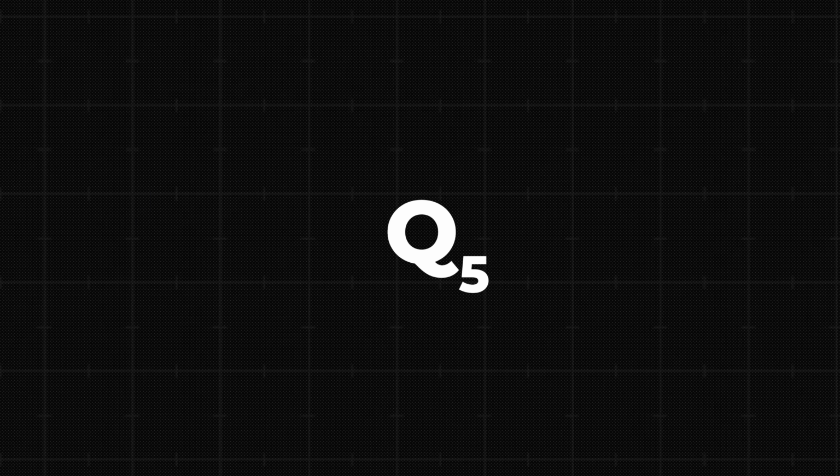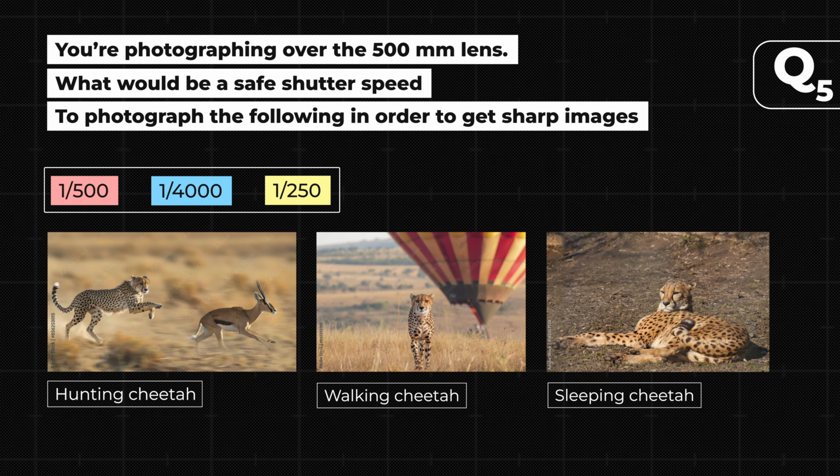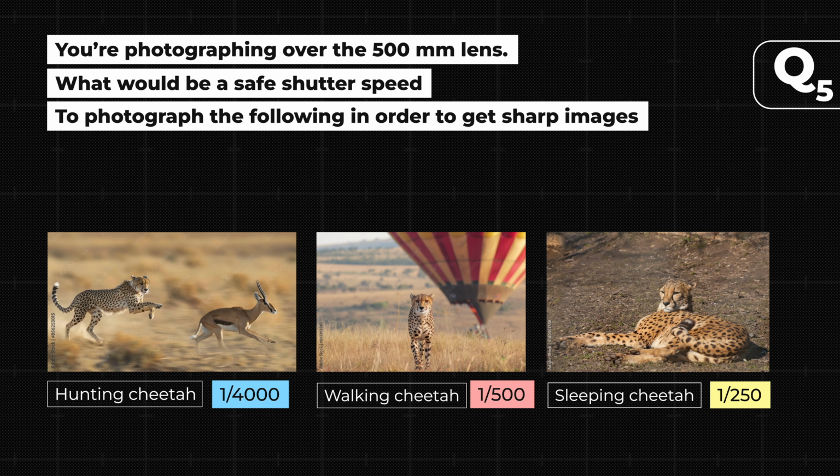Question number 5. You're photographing with a 500 mm lens. What would be a safe shutter speed to photograph the following in order to get sharp images? This is very similar to question number 1, and yet it is a trick question. Since we are shooting with a handheld device, we cannot forget the reciprocal focal length rule. The safest speed in this case would be 1/500 because we are photographing with a 500 mm lens, regardless of